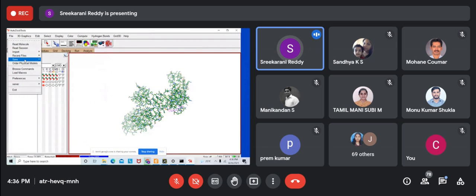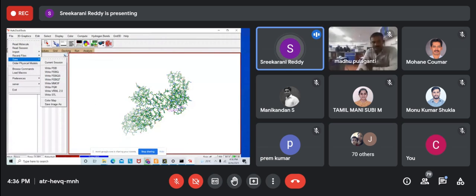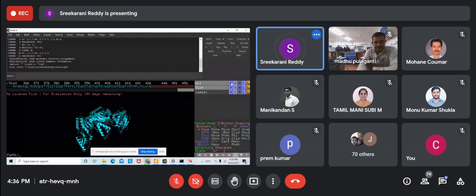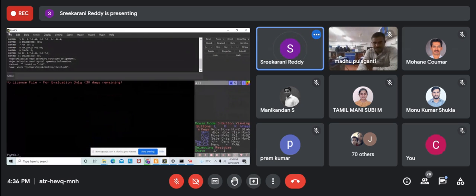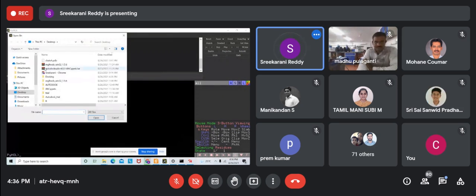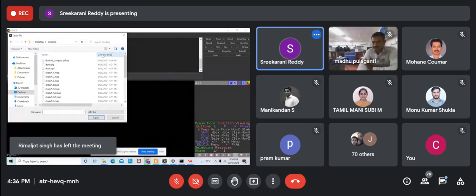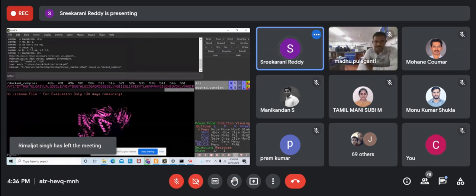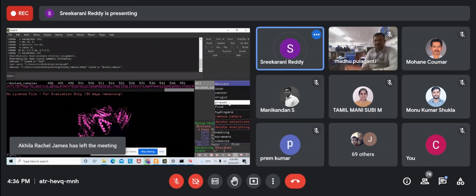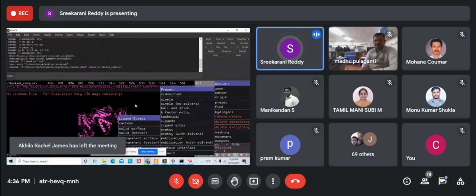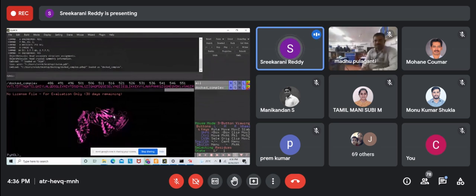I'm not able to save this one because it's telling more than one selection. So whatever I have already saved, I will just show you that one. I tried to open the macromolecule and ligand, whatever I have saved for the particular one.